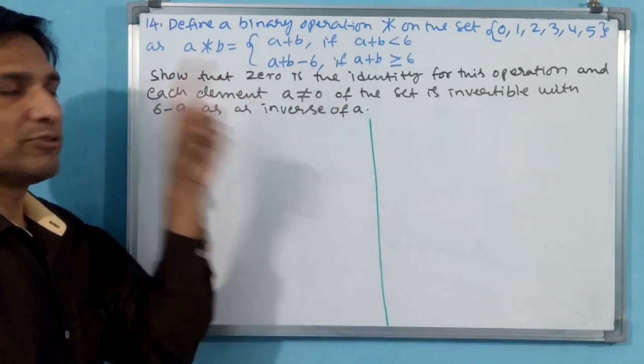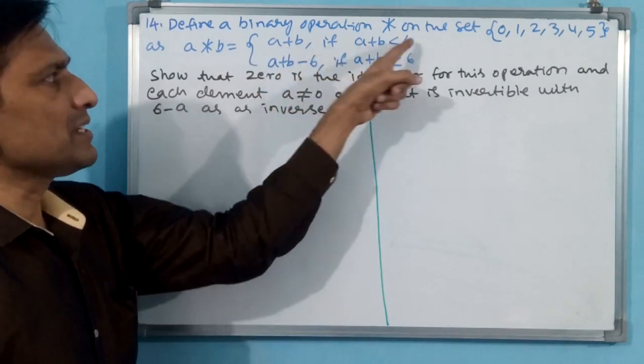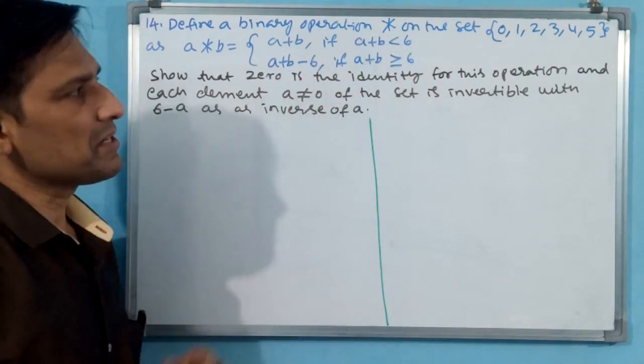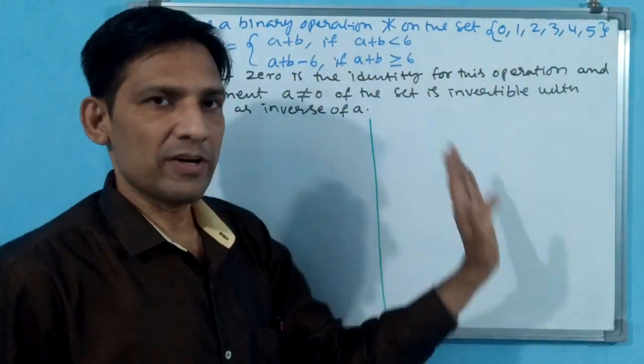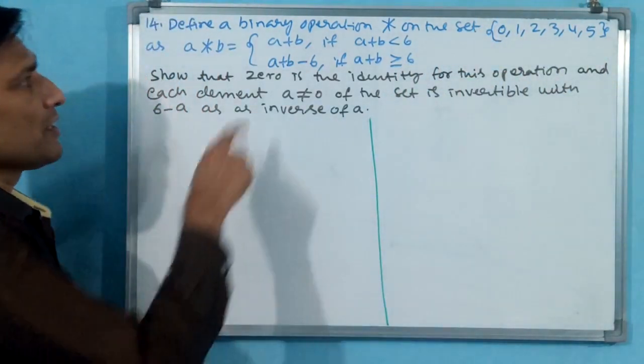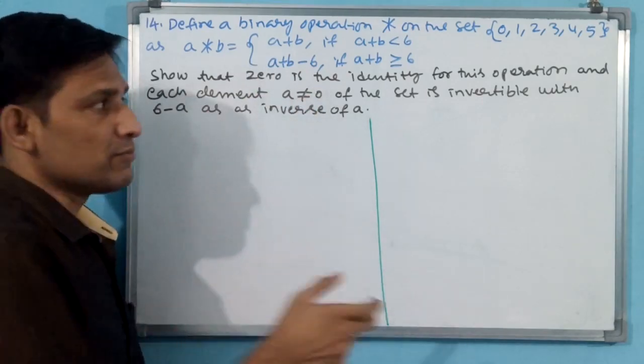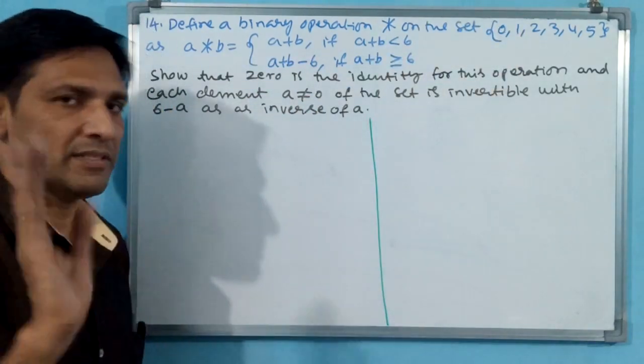That is why some special operations they will make. What is the special operation? You see, A star B is equal to A plus B if A plus B is less than 6. Here plus operation is there. That means 0 plus 5, 5. 1 plus 5, 6. Okay, 6 comes means A plus B minus 6. Minus 6 you have to make. If you make minus 6, 0 will come. 0 means it is there. That is why this is okay.